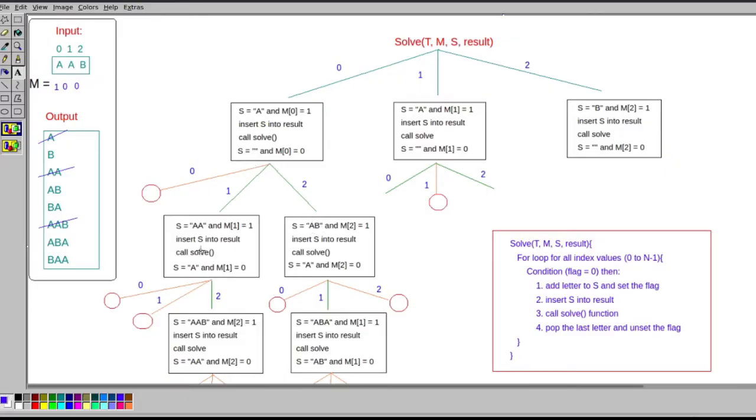So the previous string was A. So now this B is appended to my previous string A. So now the string becomes AB, and I have to insert this AB into my result. So I got this as output also.